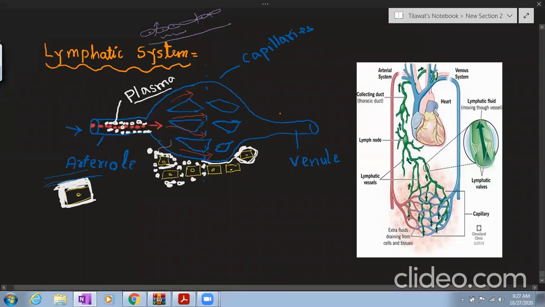Okay, so what happened through this plasma portion? This plasma contains what? Oxygen. Now it's called tissue fluid. Now it's outside. So they provide a transport medium for oxygen. So oxygen will enter the cell for what? For respiration. Okay, glucose will enter the cell for respiration. So yes, it's definitely for respiration or storage, right?